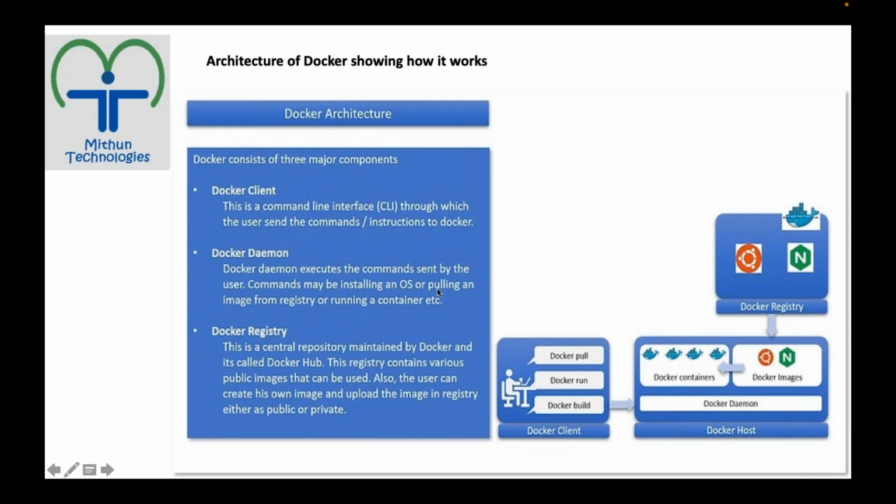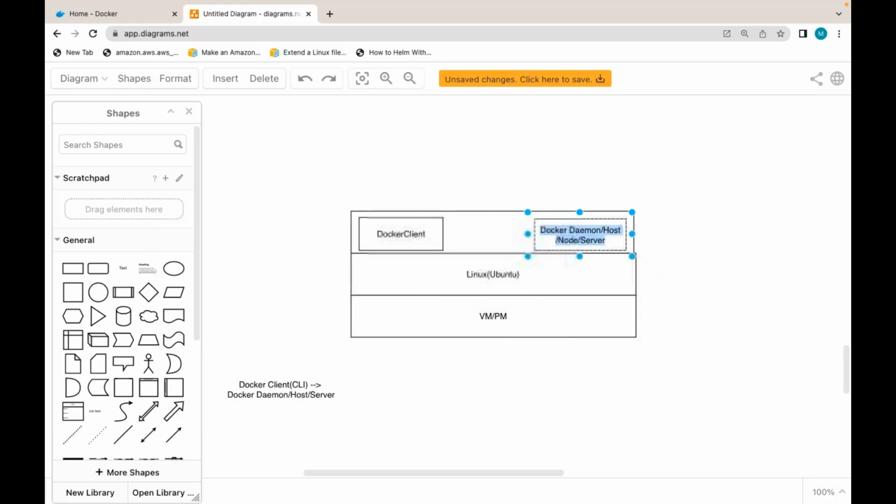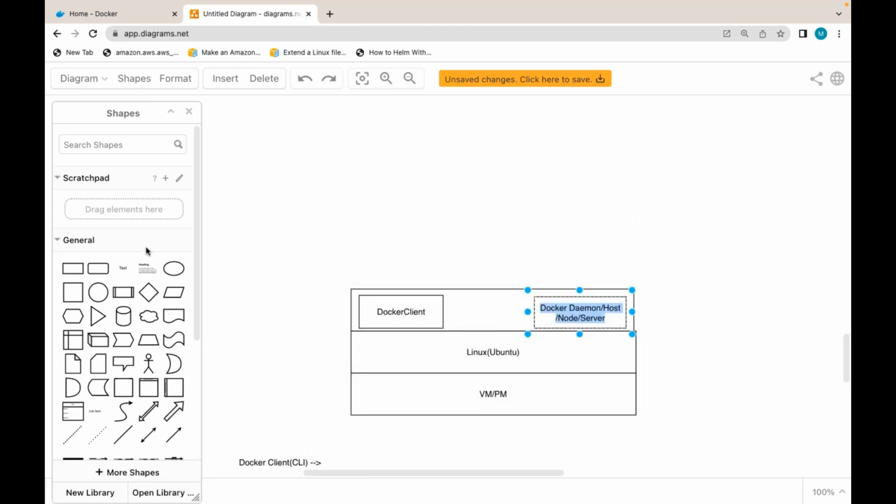Those commands can be pulling an image from the registry, creating a container, creating an image, or pushing images to the registry. That command can be anything. So who is going to actually process the commands which we are executing with the help of the client? This Docker daemon.